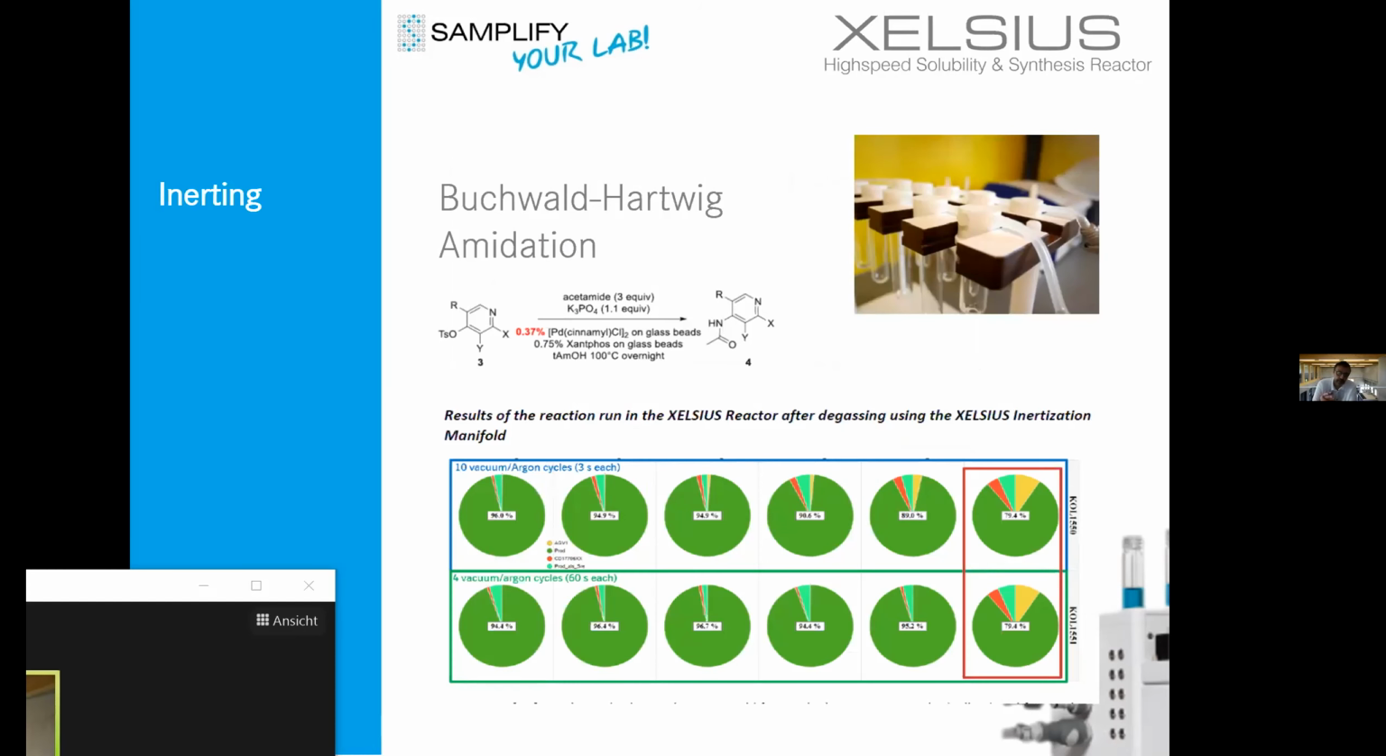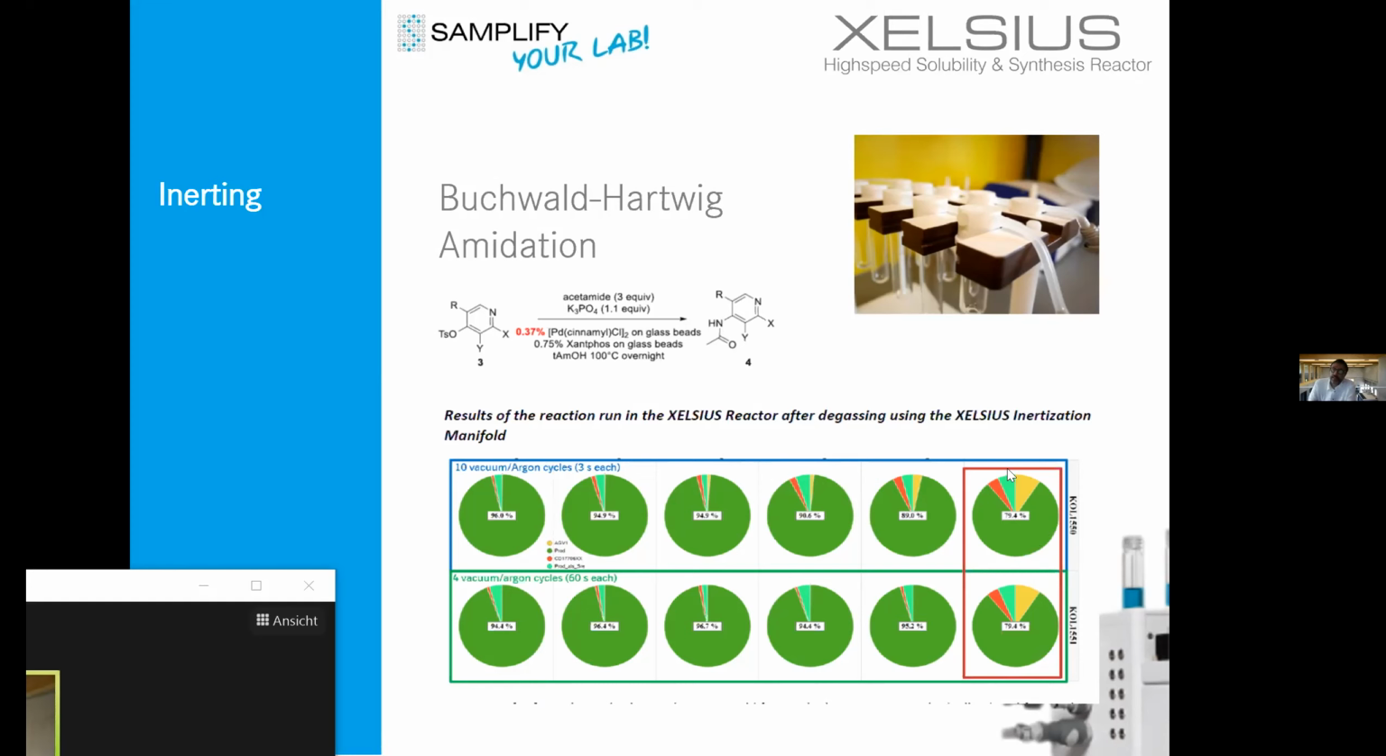When we focus on the inerting atmosphere, we chose an oxygen-sensitive reaction like a Buchwald-Hartwig amidation, and here it's very important that you have a good yield, or a conversion rate, for your reaction. And so this was the standard for this reaction shown here. The conversion rate or the result of this reaction ended up at nearly 80% of